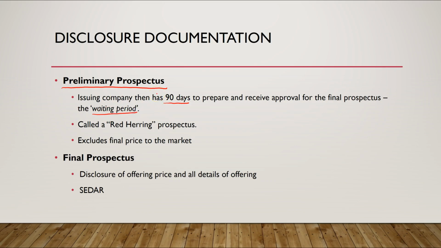And most commonly, this preliminary prospectus is called a red herring prospectus. And why that is, usually there's red ink denoted on the front page to let people know that this is a preliminary prospectus. There may be changes or amendments to this prospectus going forward. Key thing here is that this preliminary prospectus does not have the final market price within it. That's not going to come until the final prospectus is filed.